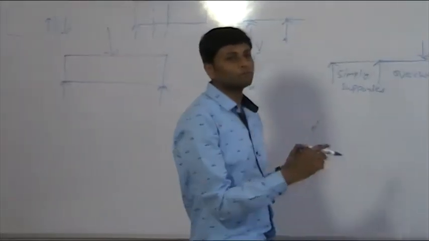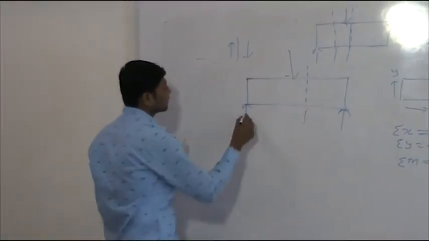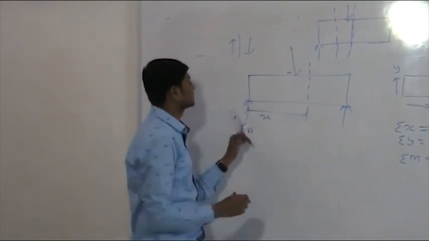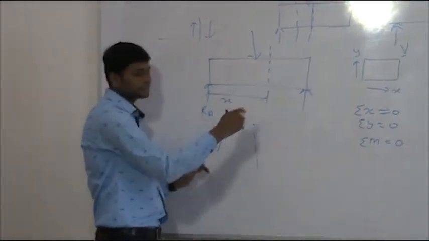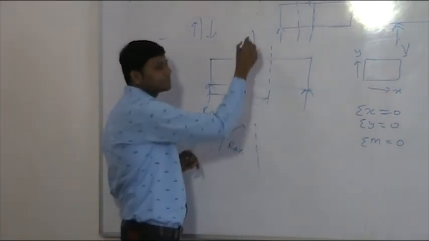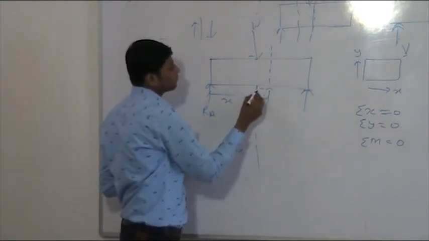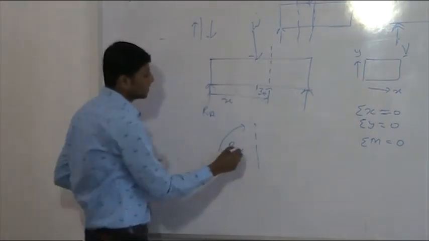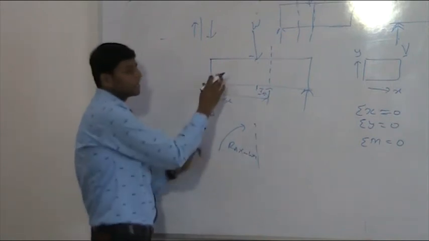Shear force and bending moment. Bending moment means if we take a section here, what happens? This is the distance x. First reaction RA, then RA into x, which is the clockwise moment. If the load W is here, and this distance is overall x and this is 1 meter, then this load creates the anti-clockwise moment. RA into x minus W into 1. This is the moment from this side.